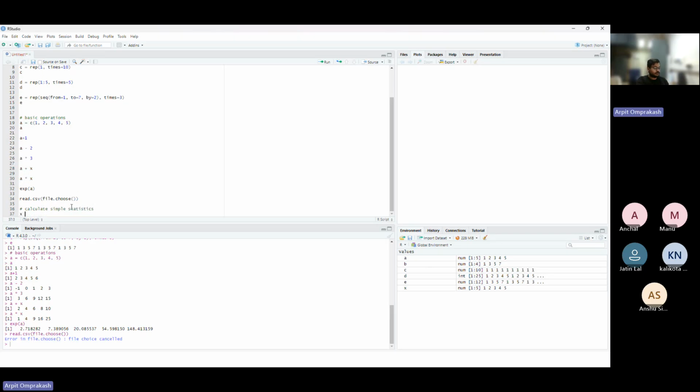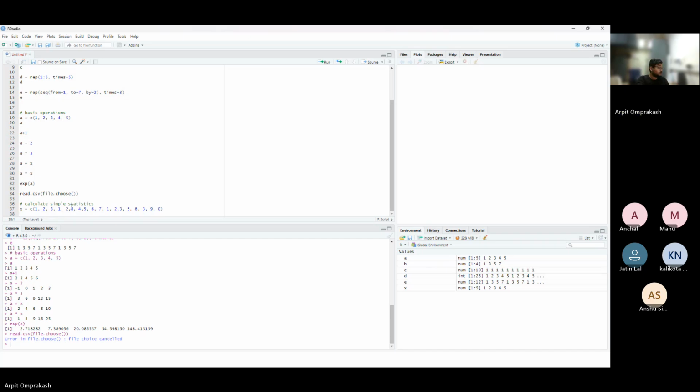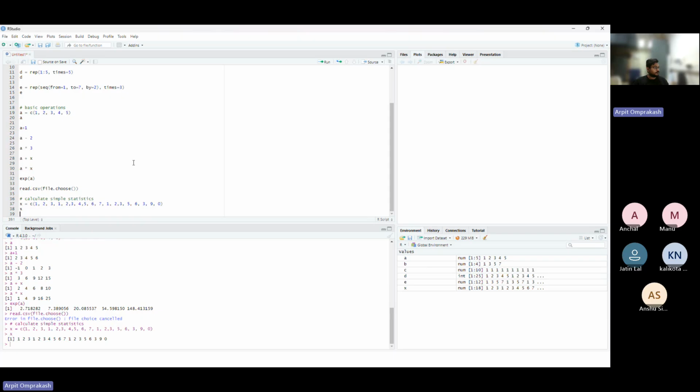So for example, let's say we have X is equal to, so let's say we have a set of data. We run this, we get this set of data. So what we can do is if we take min of X,